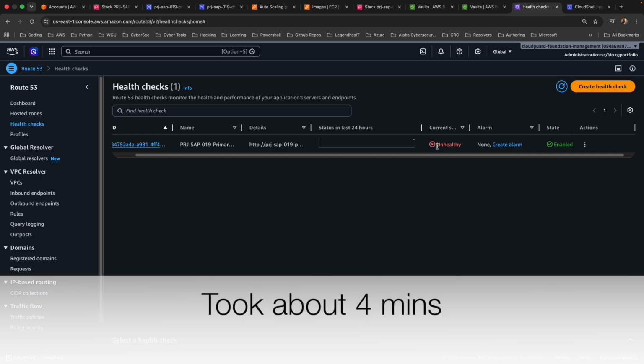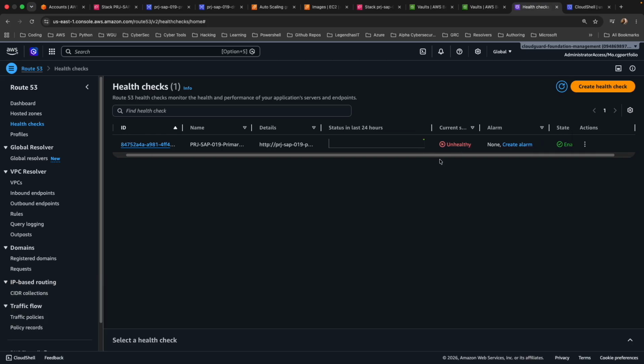So right now it's unhealthy. So right now it should fail over to our secondary region. So from when it's unhealthy here, we can start a timer to see how long it takes for it to fail over to the disaster recovery region. Since we find it unhealthy right now, to manually fail over to the disaster recovery region, step 1 is to